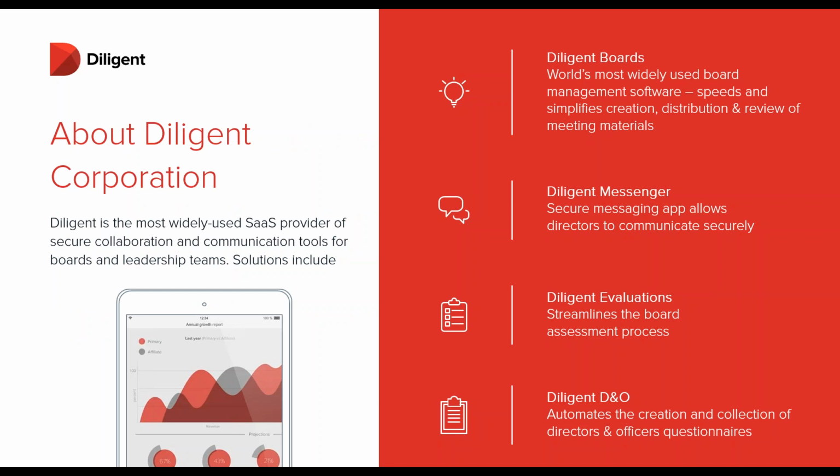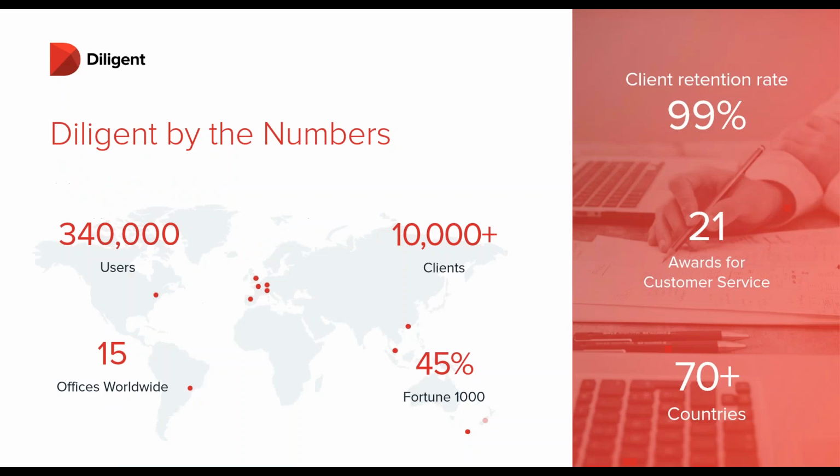Certainly for those of us that work here at Diligent, those are the kinds of things that we think about all the time. We're always trying to challenge ourselves to think about what other parts of the governance process could be and should be digitized. How could technology answer the needs of directors, of corporate secretaries, of general counsels, of other senior executives, and then really challenging ourselves to come up with solutions that will help to meet those needs. And most of the other companies that are in this space, really, we all kind of think that same way. We're trying very hard to find ways to meet the needs of the board and of the senior executives.